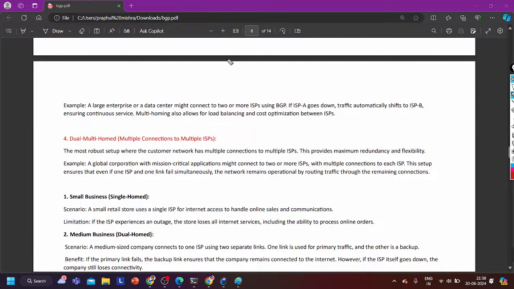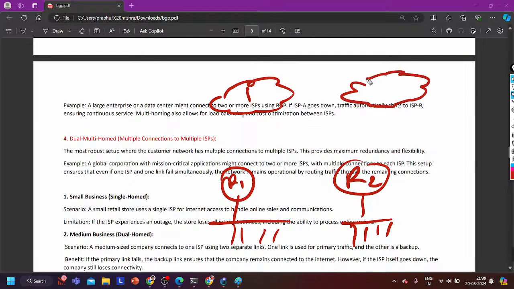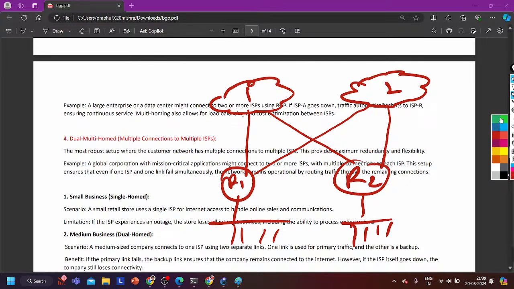And the design can be like this, guys. My internal network is R1, R2. Here I have subnets. Here I have subnets. Subnets means distribution layer switches and access layer switches. Now two ISPs are there, let's say ISP1, ISP2. In your real scenario, you will have more ISPs, right? 4 ISPs, 5 ISPs, and I'm going to connect like this. So see, in this scenario, if ISP1 goes down, no problem. Even if ISP1 and this link go down simultaneously at the same time, no problem.